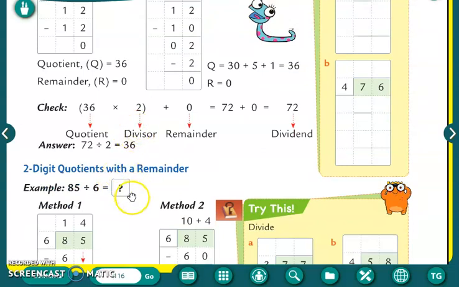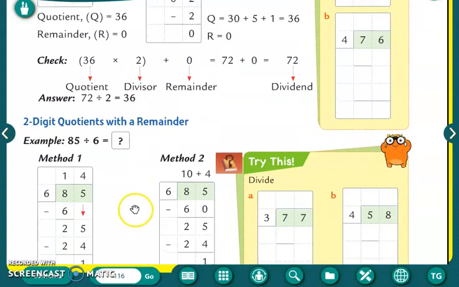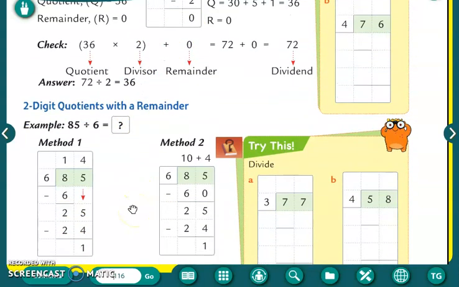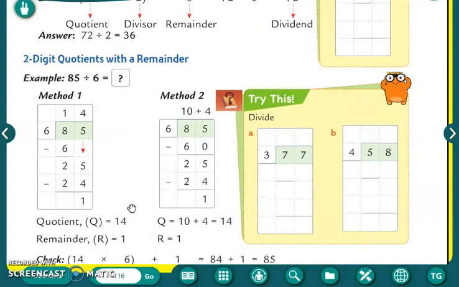So like this you have to do the two-digit quotient calculation, and now we will see two-digit quotient with a remainder. Here we had seen the example with no remainder, but in this we have to see the remainder. First method, and I think all of you should go with the first method. It is easy for all of you to understand. So we will see only the first method.